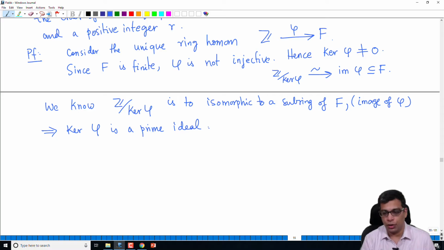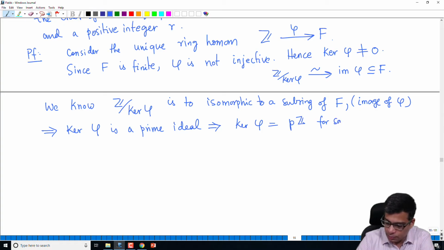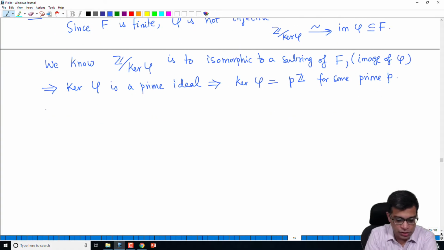And it is non-zero because capital F is finite. So kernel phi, remember all ideals in Z are multiples of a particular integer n. Prime ideals are either the zero ideal or prime number multiples. Because kernel phi is not zero, it is of the form pZ for some prime p. So the upshot of all this is, F is a field extension